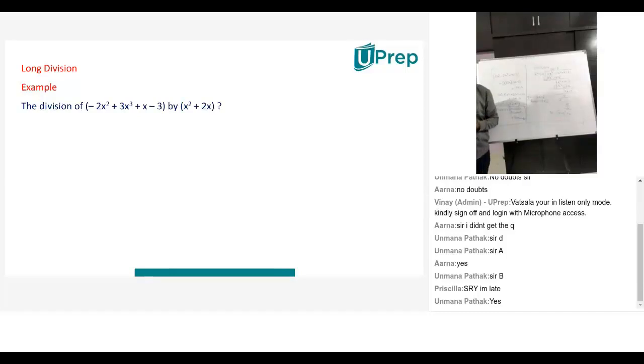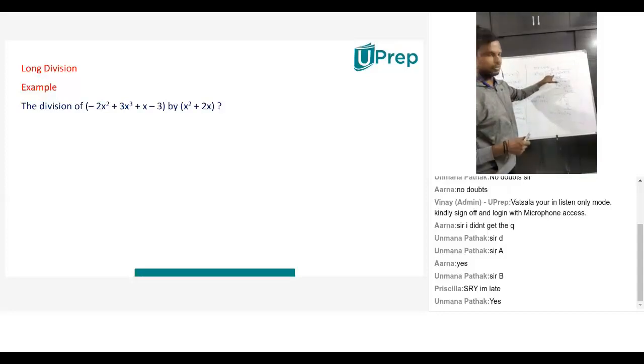Priscilla, are we clear now? So then how would we find the quotient and the remainder? Okay, fine. So let me come back to this again. I have this as my divisor, just like I have a 7 here. This is my divisor and this is my dividend. Now, I have an x square here, but I have 3x cube here. So what do I need to multiply it with? I need to multiply it with 3x so that I get 3x cube here and this term will get cancelled. We have to take the quotient in such a way that we are able to cancel the higher powers.